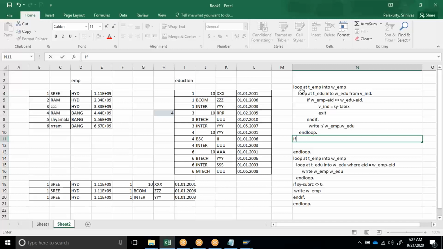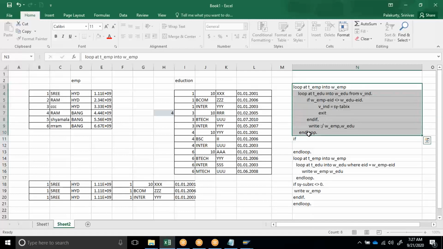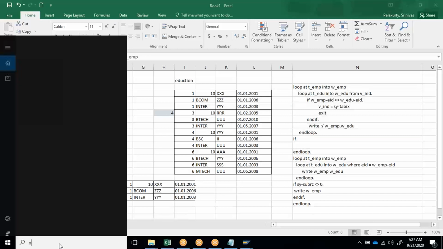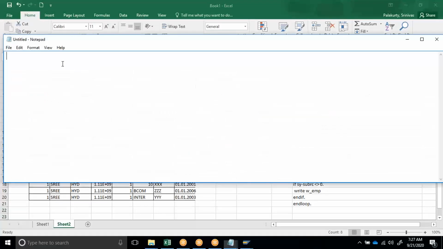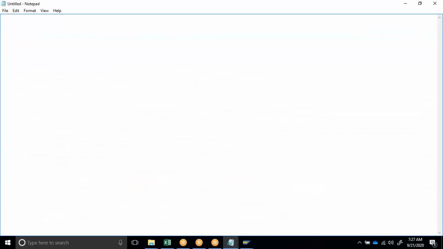Now I ask, okay, forget about my code which is wrong. Tell me the correct one, what you feel, what your roommate told. So this is what he told. The actual parallel cursor is like this.